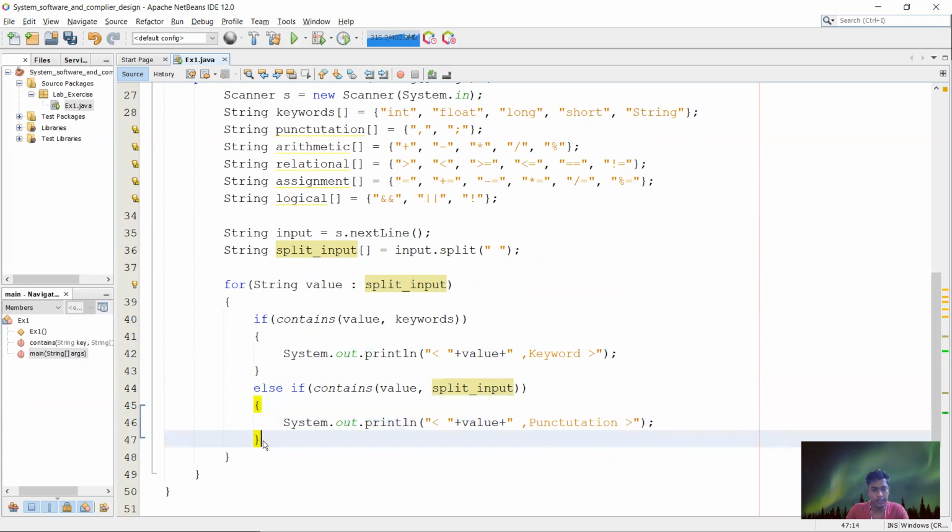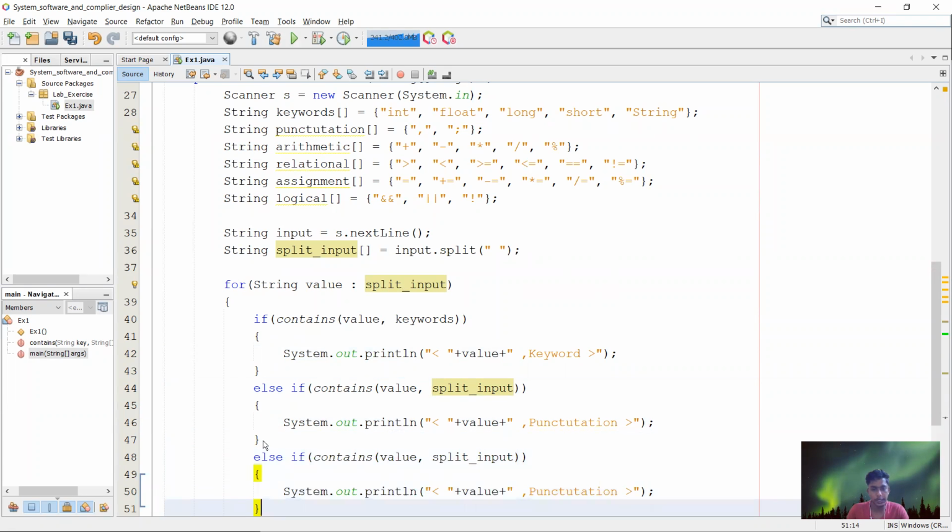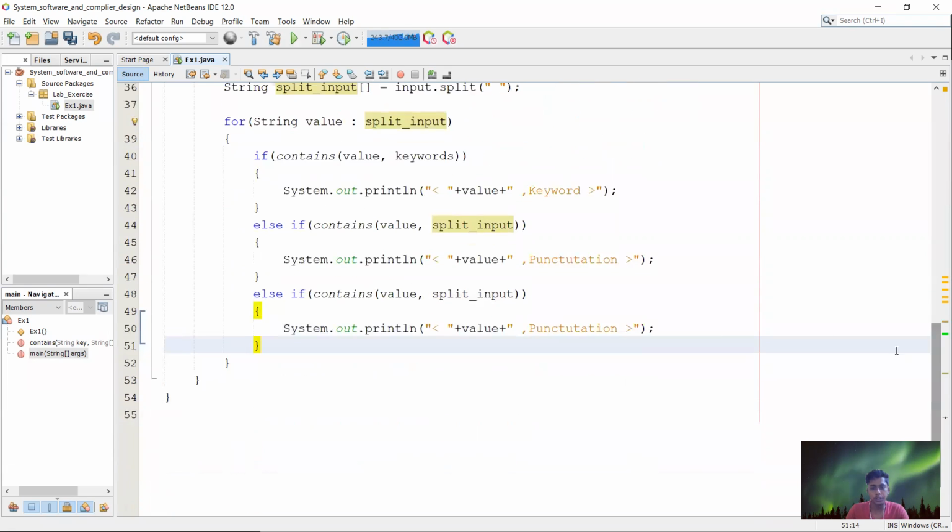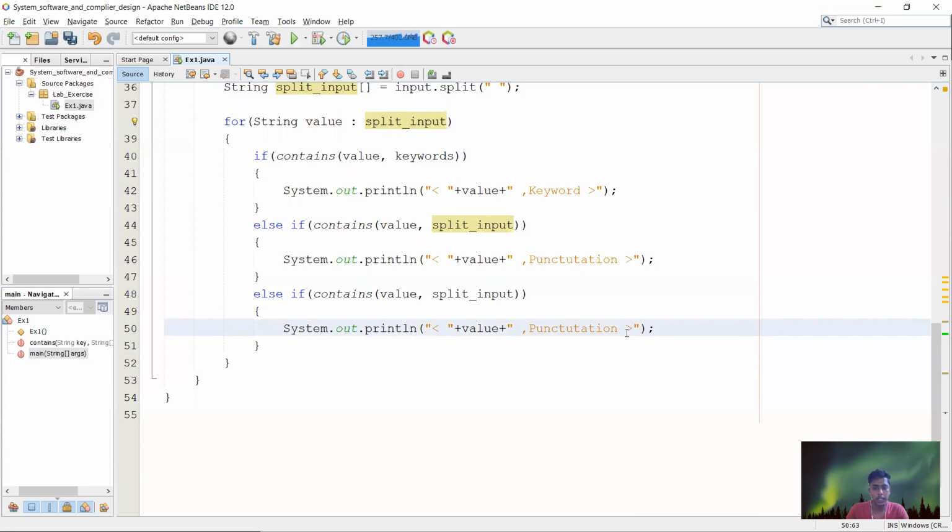Next, same thing. Let us copy this if else and paste here. Instead of punctuation, we need to write arithmetic or assignment. So let us write arithmetic. For arithmetic, we are going to print arithmetic operator. Next, let us write for assignment operator.